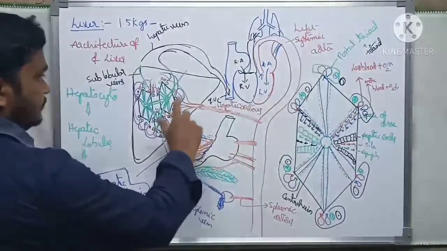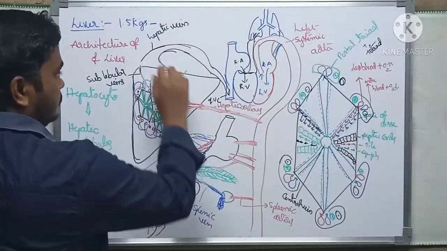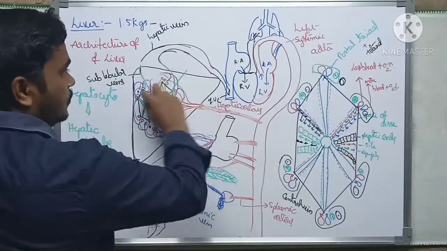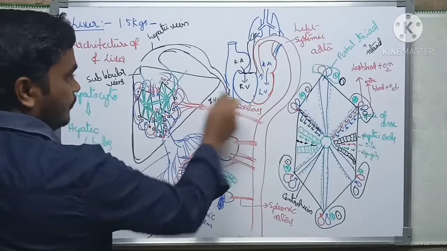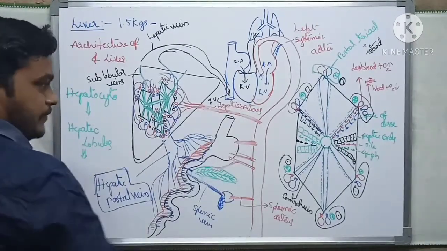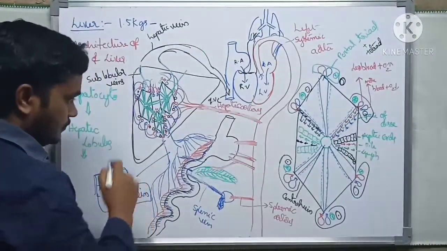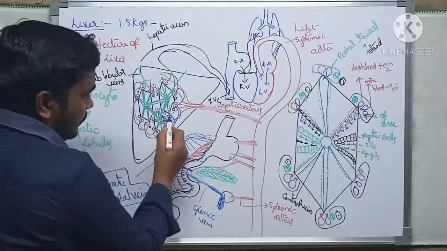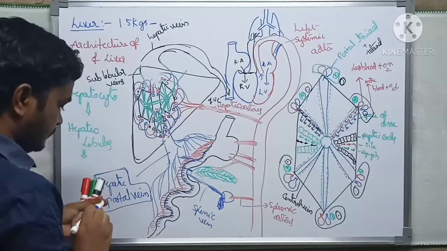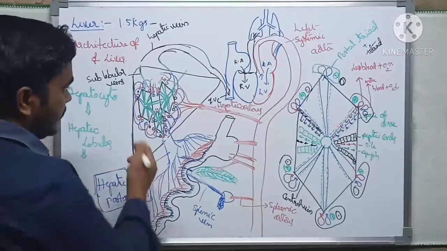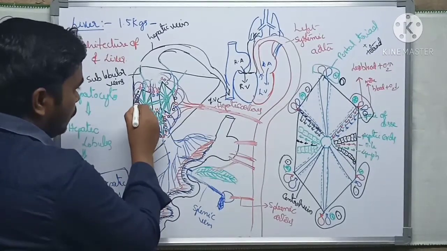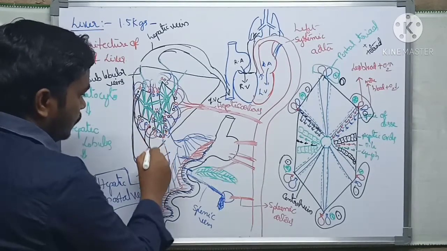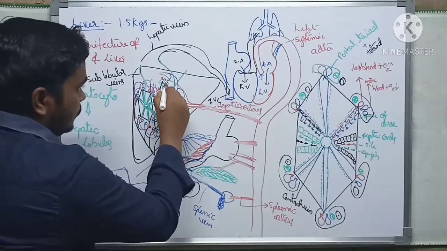As usual, we discussed in this one the blood circulation, the total blood circulation transported towards the inferior vena cava. But in the same diagram, we want to see the lymph ducts. Wherever the lymph ducts are, they open into our GIT tract. How they open into the GIT tract we will see in one minute.